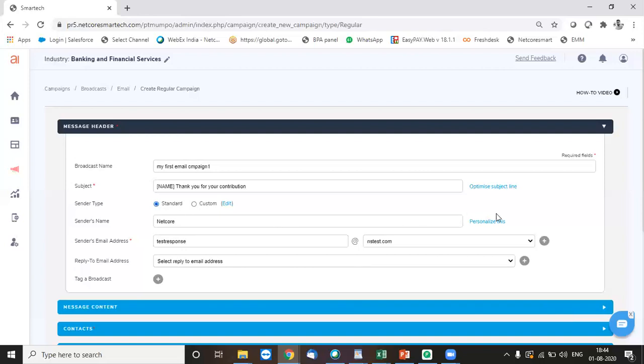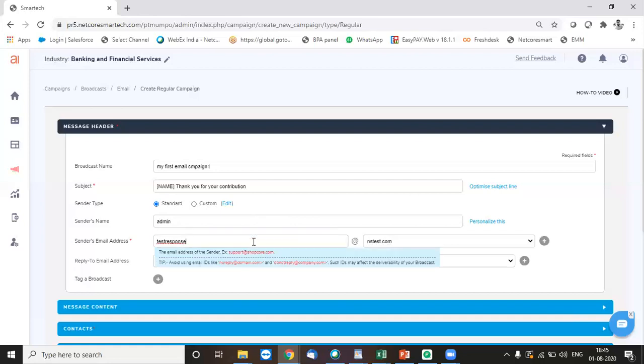Now here, the sender name. This is something which would be upfront visible to a customer, so you need to make sure that it's something which a customer can relate to. For BFSI banking kind of industries where you have relationship managers with your customers, you can also use their names for display by using the functionality of personalization. I can do that by typing a variable like RM or something like that, provided it's there in your database. Or I can just put your system name or admin info, whatever.